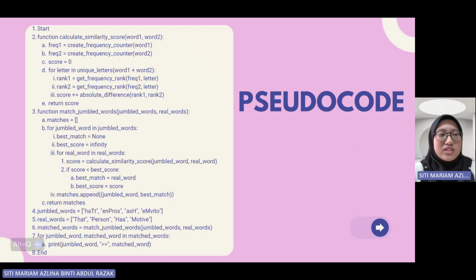match jumble words function takes a list of jumble words and a list of real words. It iterates over each jumble word and finds the best match among the real words by calculating the similarity score using the calculate similarity score function. The best match is the one with the lowest score. So the function will return a list of tuples where each tuple contains a jumble word and its best match